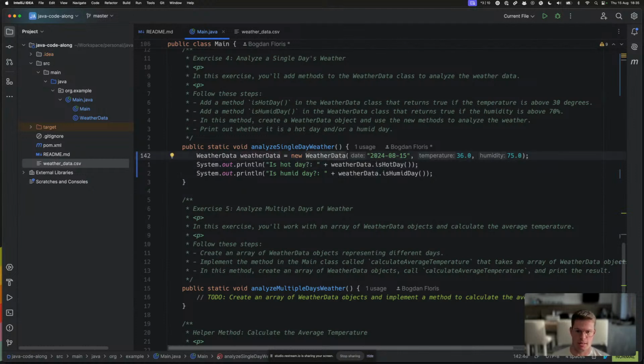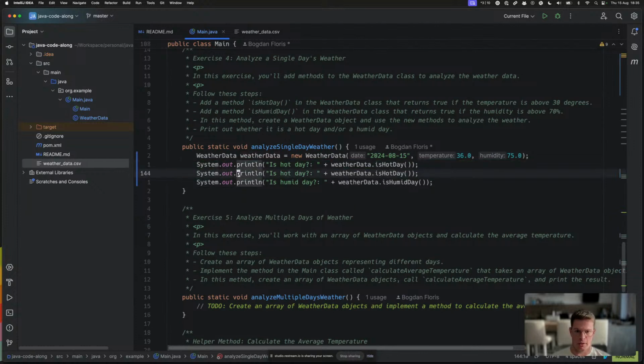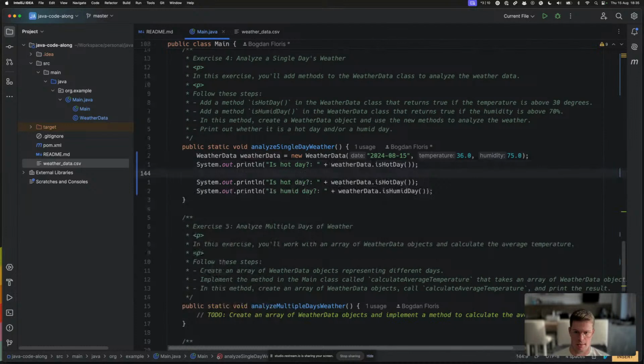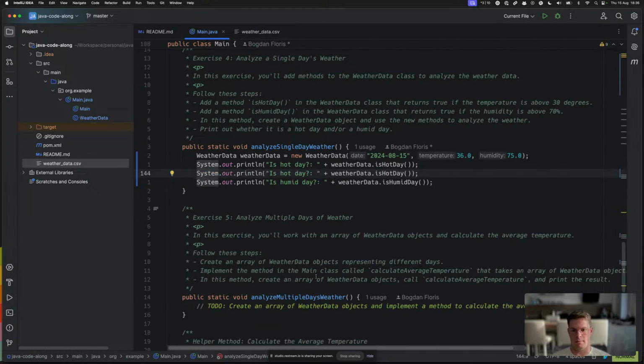Imagine if, for example, instead of isHotDay and calling this method, we did something like boolean isHotDay equals weatherData.getTemperature() is bigger than 30. Now, this thing is not really reusable. You'll have to type this out every time. This thing is much better. You can visualize exactly what the method does, and you can reuse it in all of our programs. This is what Java is all about, encapsulating information inside of classes, so it's reused later. Cool. Let's delete this and move on to